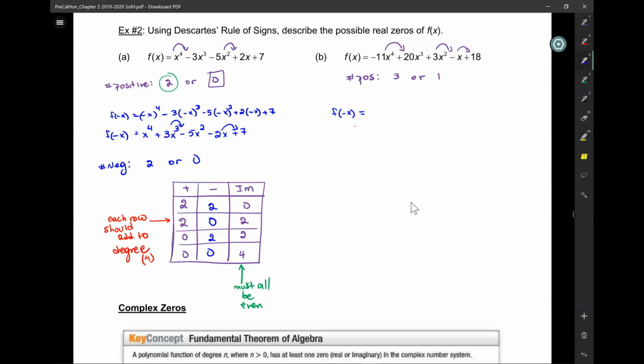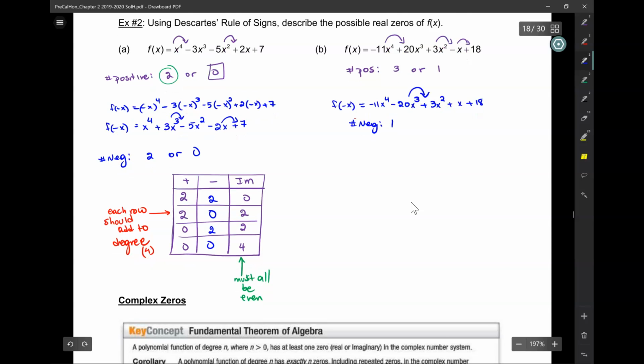Everything with an even exponent is going to remain unchanged. The ones with odd exponents are going to switch signs. So, negative 11x to the 4, negative 20x cubed, positive 3x squared, positive x, positive 18. How many times did this change signs? 1. So the number of negatives,